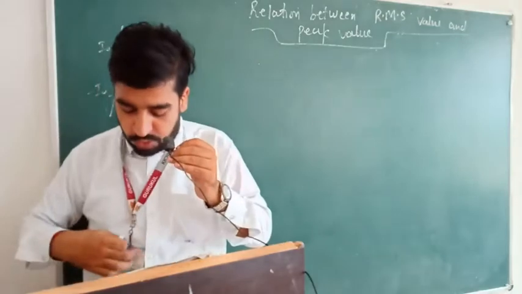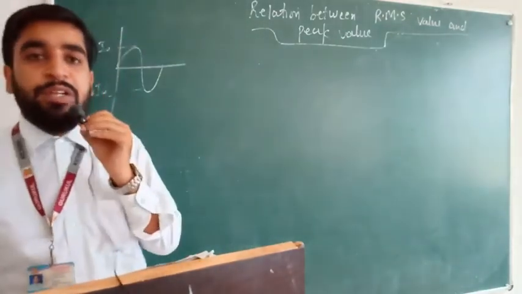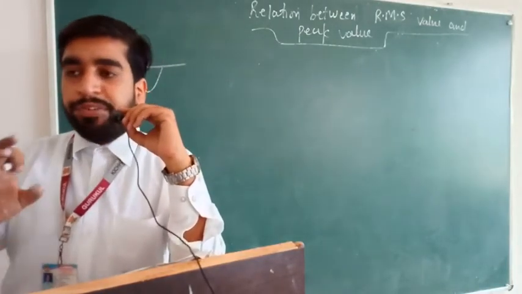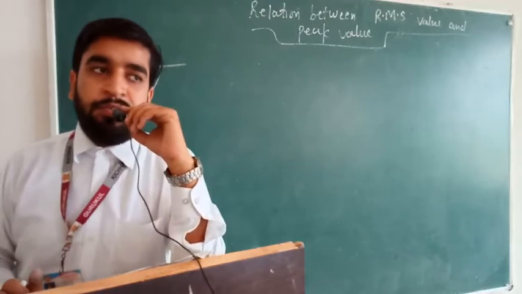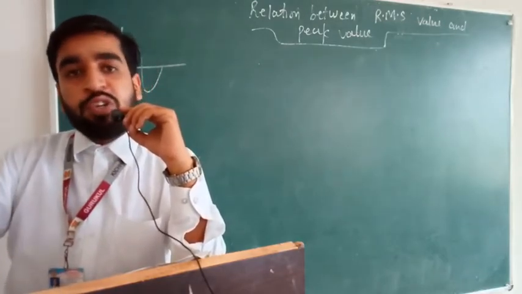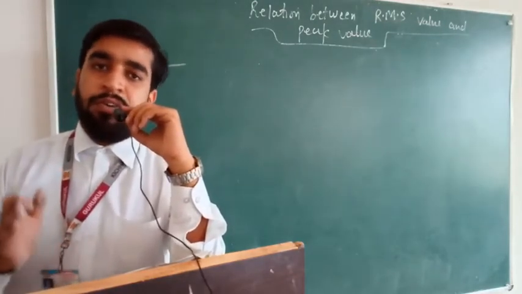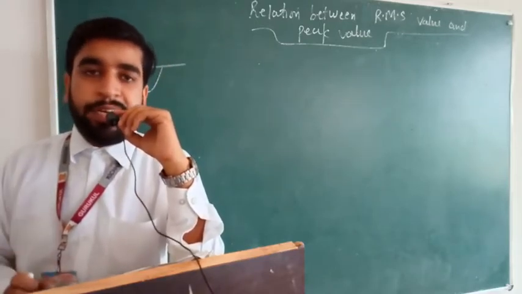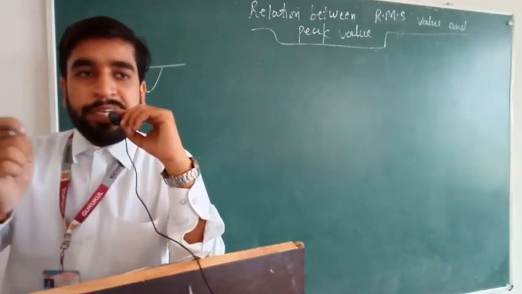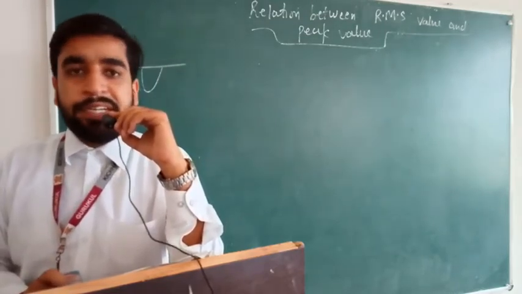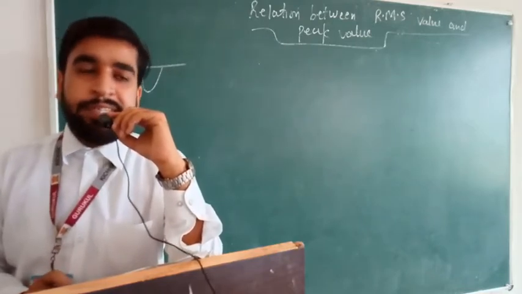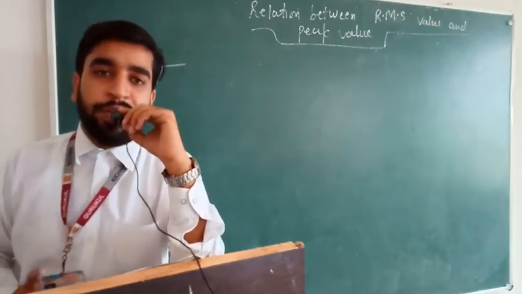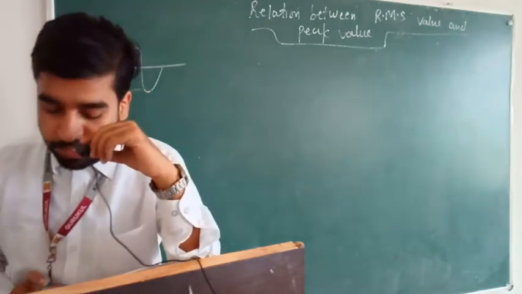So students, right now we are going to solve for the RMS value, the root mean square value. When we solved for the mean value of AC, we were discussing the amount of charge transferred for a direct current in the case of a half cycle. Suppose in a given circuit, in a given time t, the charge transferred is Q naught. Then for an AC, if the same charge is transferred in the half cycle, that value of DC is going to be the mean value of AC. This is how we calculate.